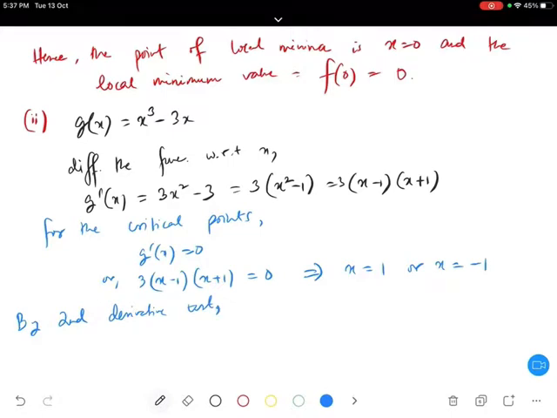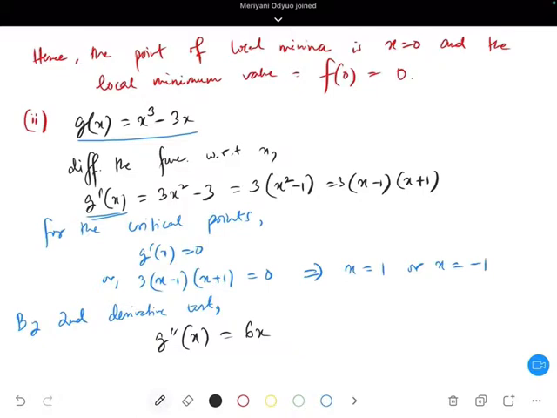Now, the second derivative, from the very word. I will just differentiate this g of x function twice. So I'm just differentiating g dash x. If I do differentiation of g dash x, what do you get? g double dash x. Yes or no? We have done the second order derivative. So I get g double dash x as 6x.